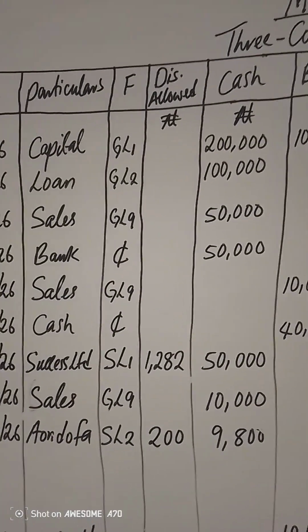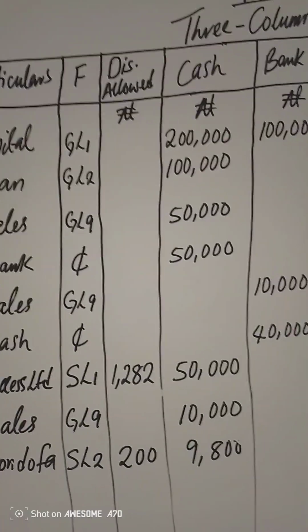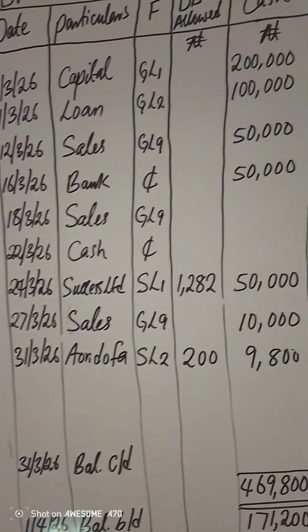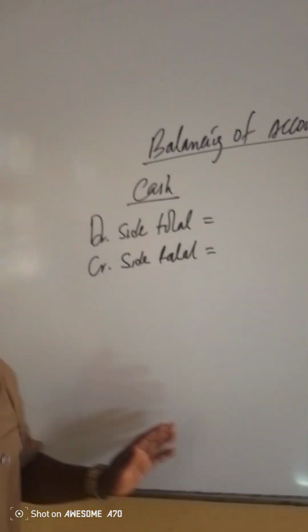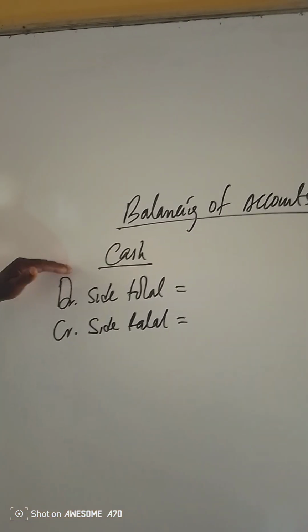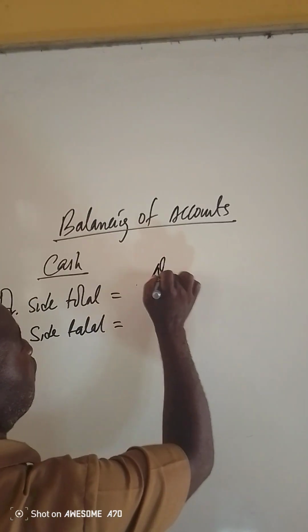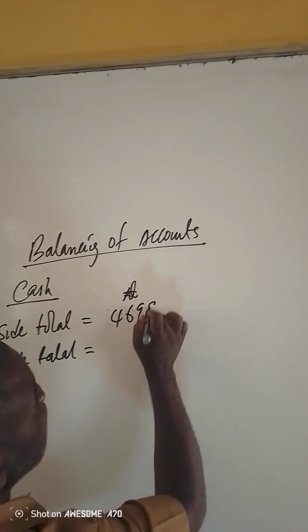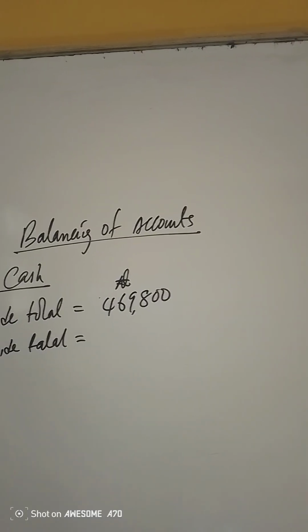So, in balancing, you have to determine the debit side total and the credit side total to find the difference. Mind you, I told you that to balance an account is to make the two sides of the ledger account equal in total amount. So, the debit side total is having 469,800. While the credit side total is having